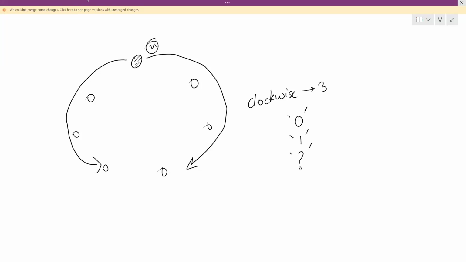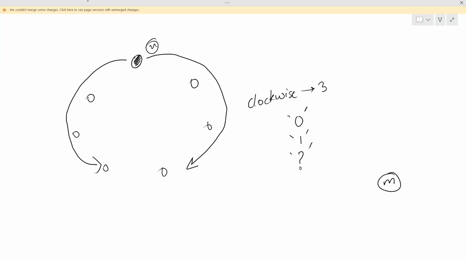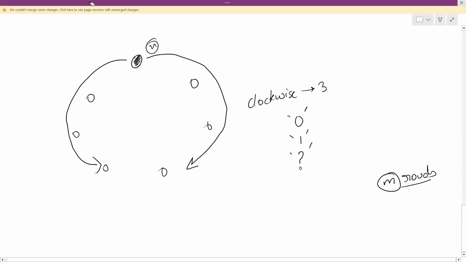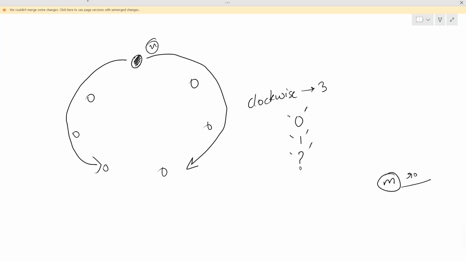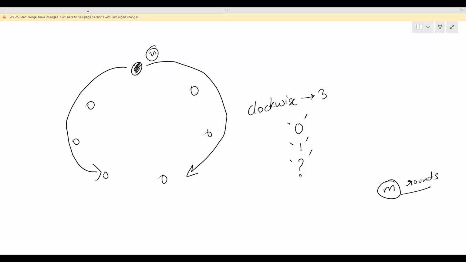So initially we are given that some person had the ball, and after that we are given the information regarding m rounds. For each of these rounds, we are given two things. The first thing is the distance at which the ith